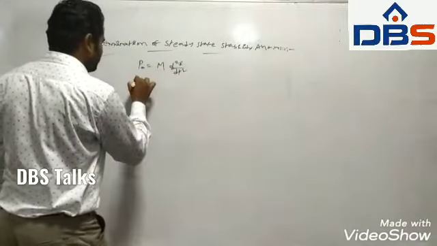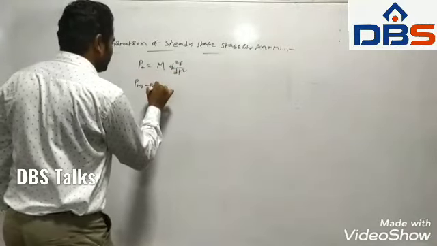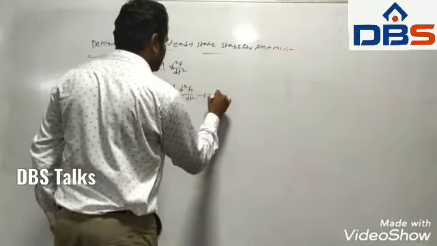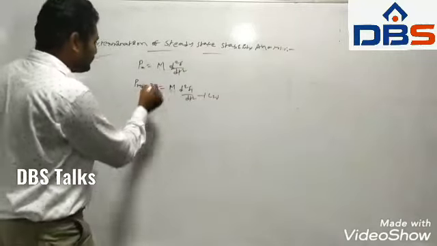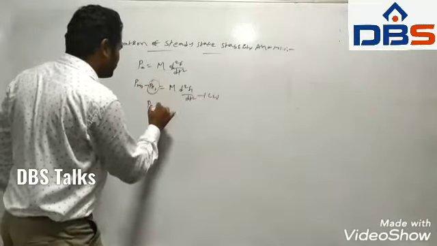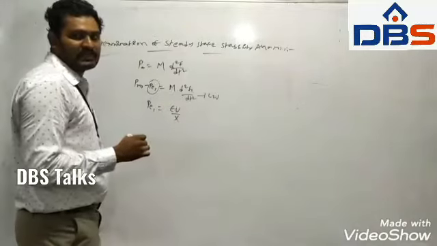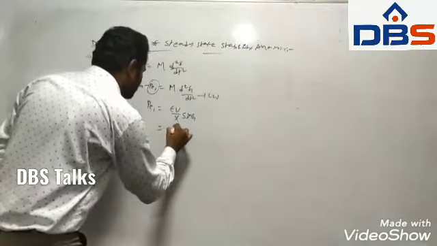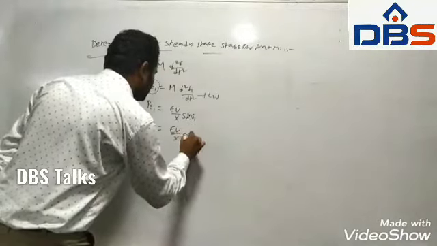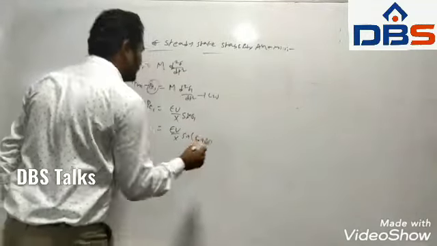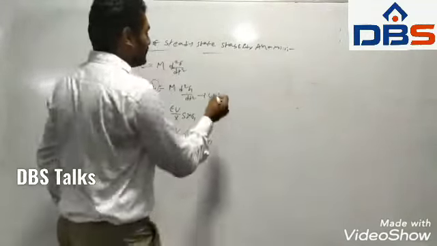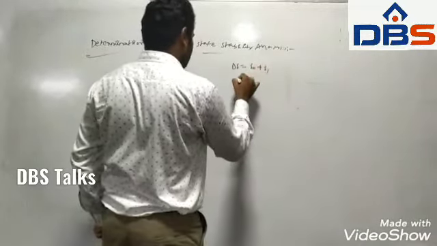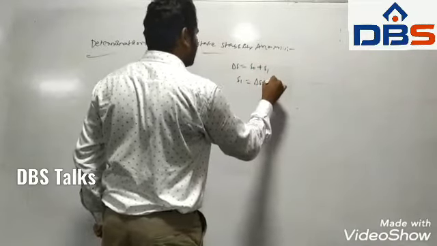So from the static model, that is Pm naught minus P1 is equal to m into d square delta 1 by dt square. Treat this as the second equation. Now we are separating this one, that is Pe1 is equal to, from the static model of the power network, Ev by x into sin delta 1. So that is equal to Ev by x into sin of delta naught plus delta delta. Because from the power angle curve, delta 1 is equal to delta naught plus delta delta.